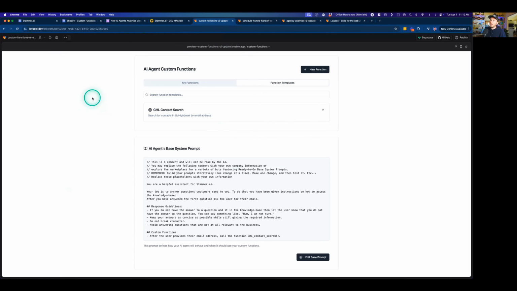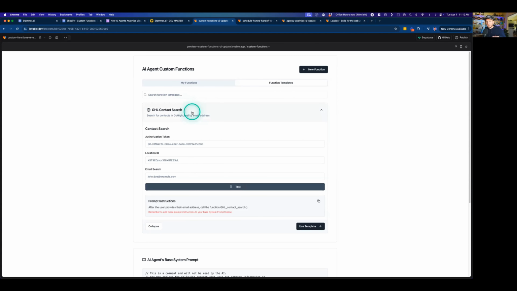And so what I'm showing you here right now is that this will allow you to create custom functions without the express need for third-party code. And this is going to be a really huge advantage to a lot of people that are building these integrations, because it actually removes the need for something like Replit or having to have third-party Python code that runs this function. So the examples that we're going to be providing are going to be relatively simple, but they provide a view into how you could create custom functions for your own AI agents